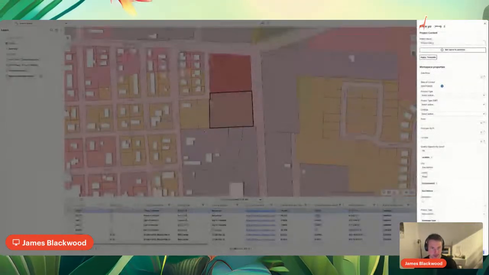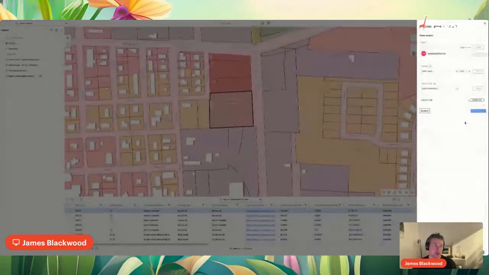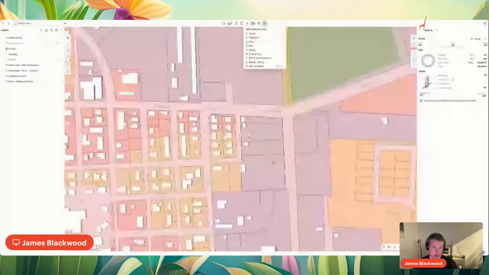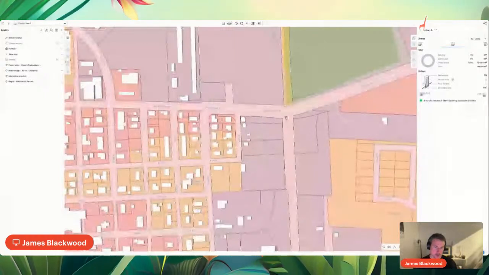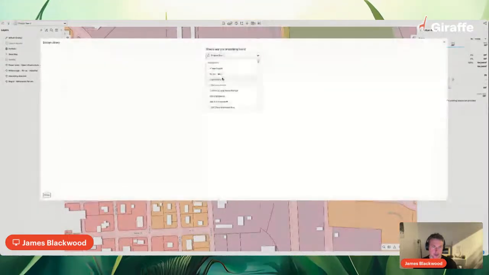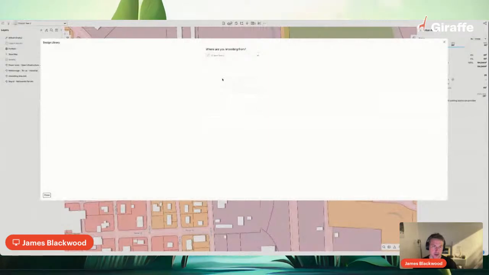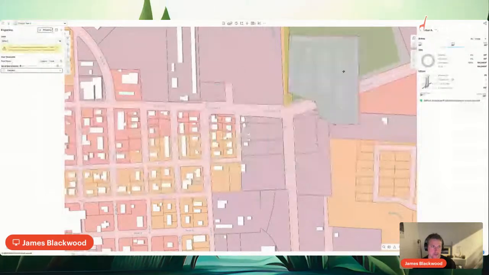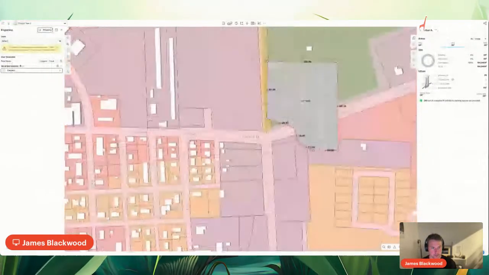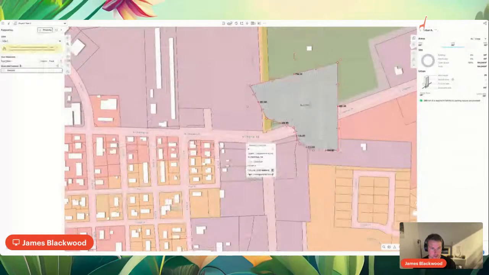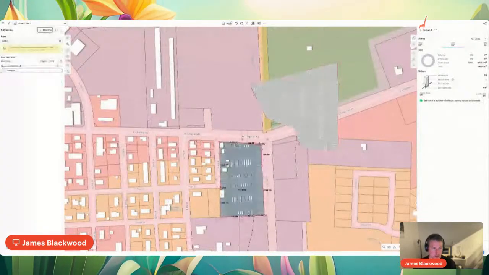And one of the huge efficiencies with Giraffe is that now when we go and do our site plan, we can steal all the content we made in that prior project to be as quick as possible. So in this one, I'm thinking about it more like a depot or a holding station for parking lots or for bays. And so I'm going to say design library, go to that logistics facility, and let's pick up just the truck parking zone and plop that in here. There it is. We'll fix it to the site. Actually, we'll even go one step quicker. Let's go to the project boundary, create, and we'll say inherit the properties from that. And then let's